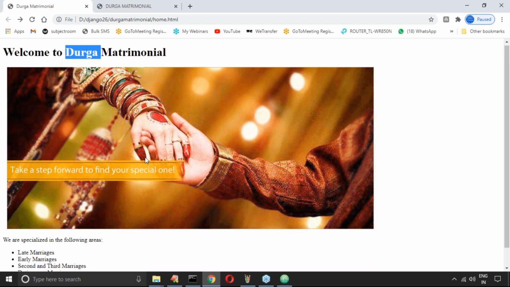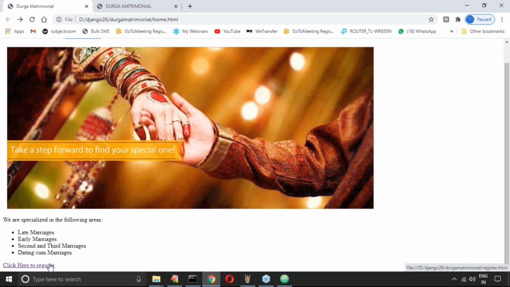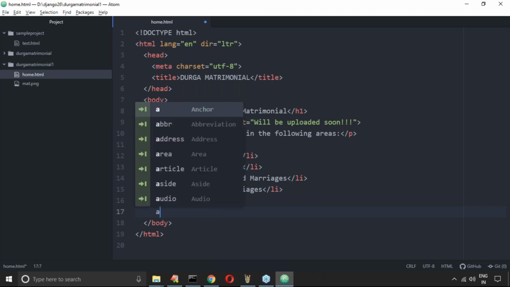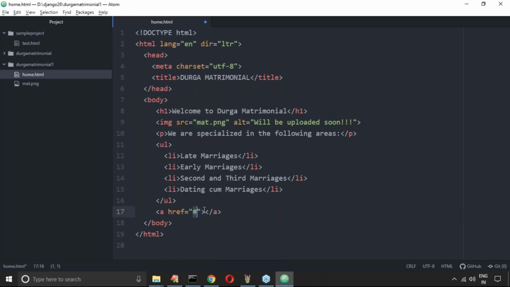Now, at last, click here to register. Is it a hyperlink or not? Is it an anchor tag? Yes, it is the anchor tag. How can you create anchor tags? The a tag with href, and the text is click here to register.